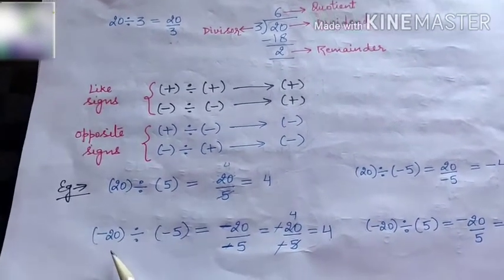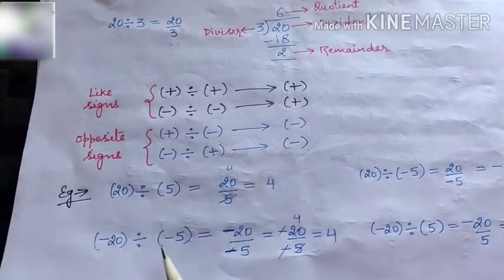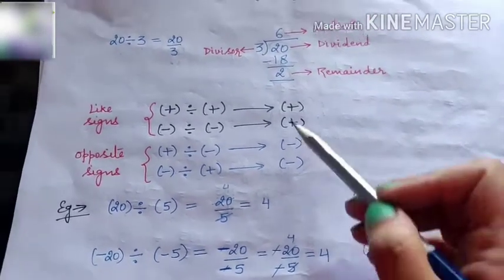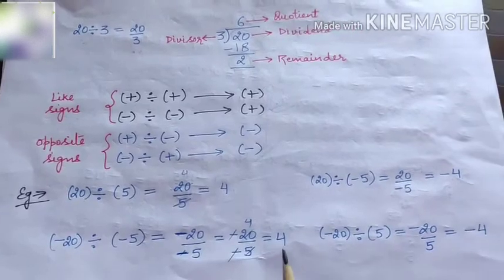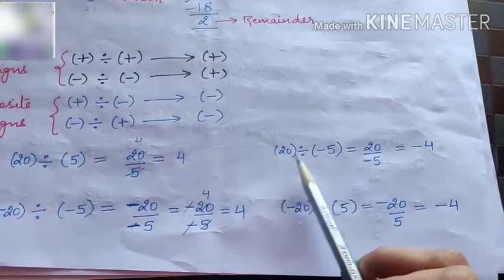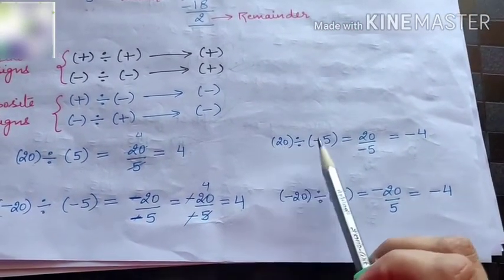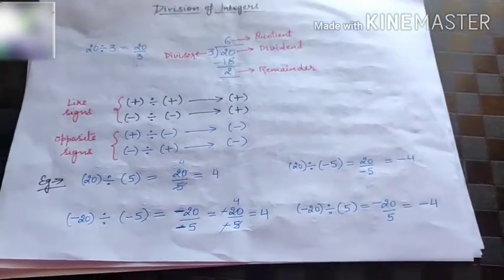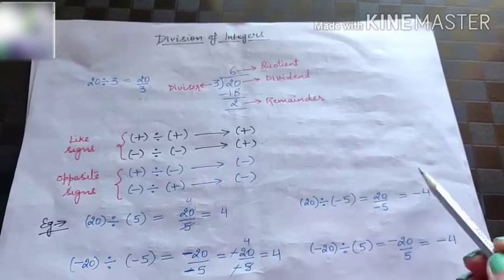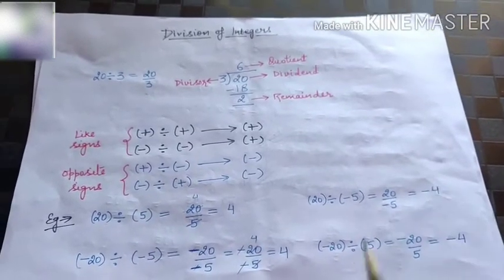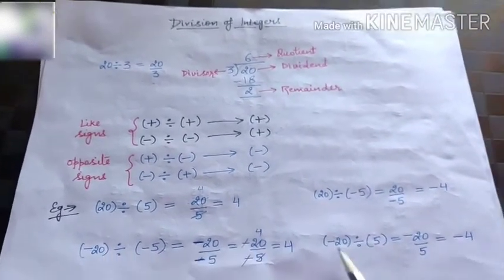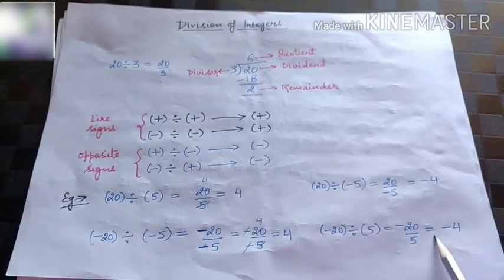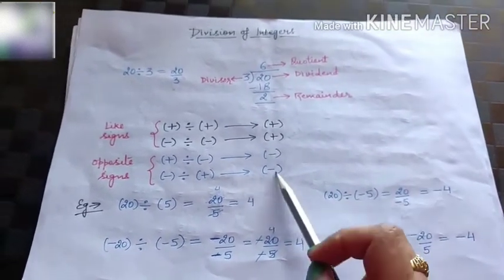Similarly for negative, minus 20 divided by minus 5, minus and minus cancel out, again it is positive. When the first is positive and the second is negative, 20 divided by minus 5, 20 upon minus 5, it is minus 4, right? So 5 4s are 20 and the minus sign, so it is negative. Now minus 20 divided by 5, again minus 20 upon 5 equals minus 4, again it is negative.